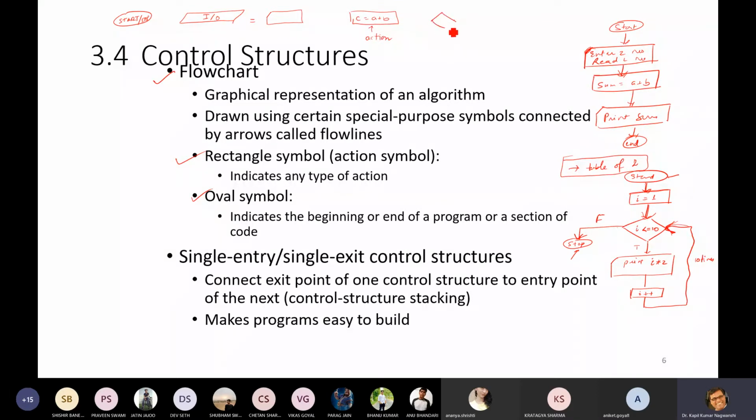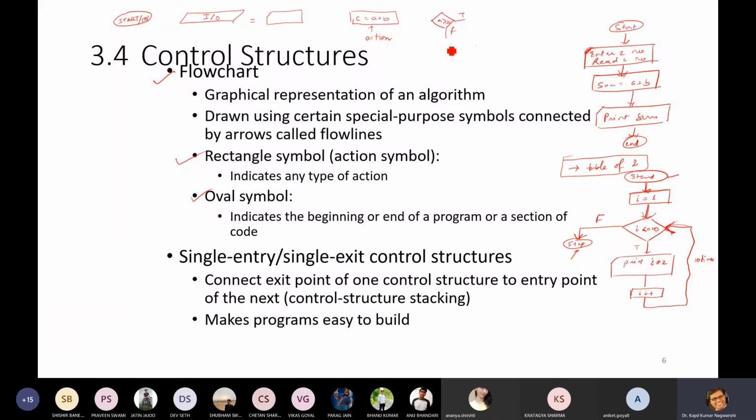And this is the condition box: a is greater than b, with one branch on each side. So these four elements we use often; all others are mostly not used.